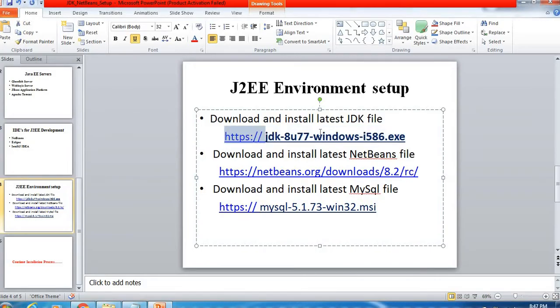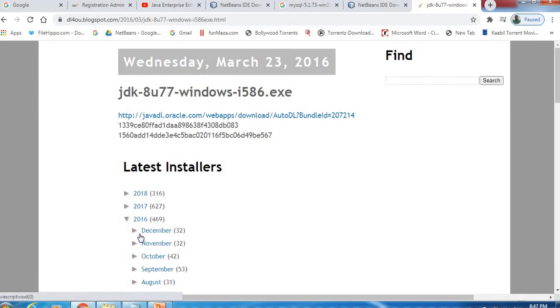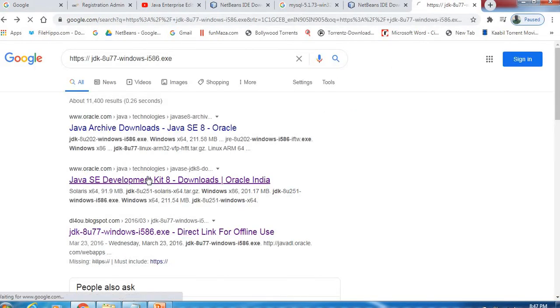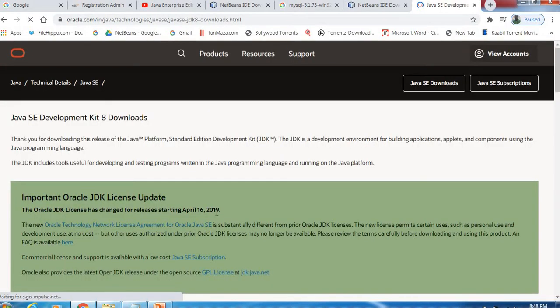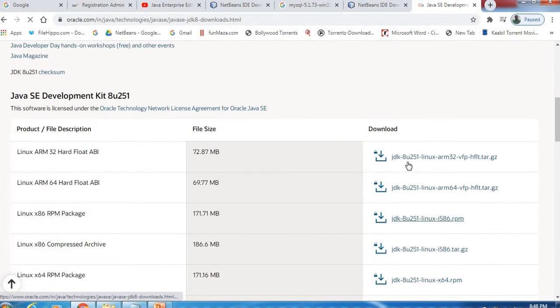First of all, we will copy this link and go to it. You can see we can download it directly. You just click on this file to download it, or some other application setups are also there. You can see here that we can also download JDK 8.